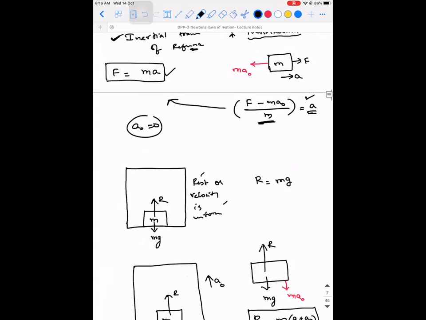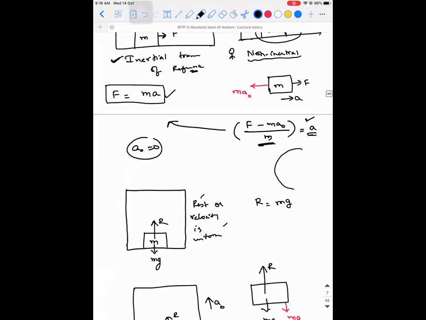You people would have gone to exhibitions, right? So in the exhibition, if you go to rides, did you ever go on a giant wheel? You will be sitting here, it is going to rotate, right? I think most of you would have experienced it. You sit on a giant wheel and it is revolving, let's say, in the anti-clockwise direction. Have you ever sensed this? When you go in the upward direction, you will feel heavy. When you come in the downward direction, you will feel as if your stomach is completely empty and you are floating in the air. Have you ever experienced it? Yes, sir. You have done it, right?